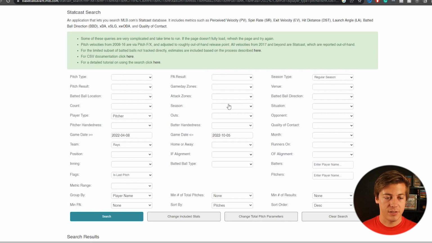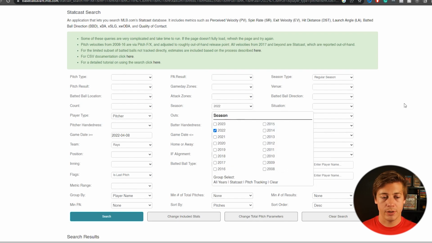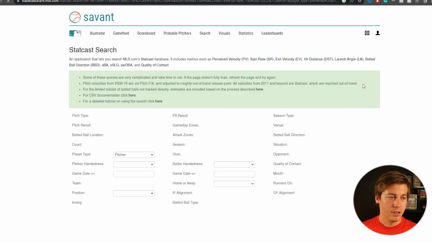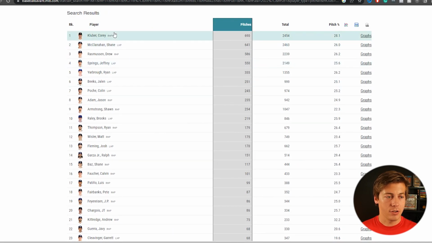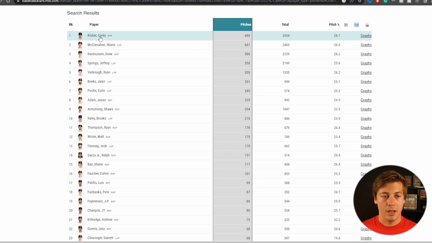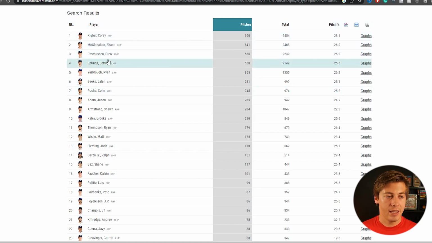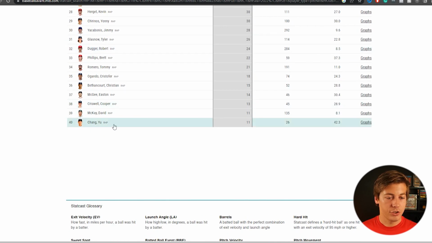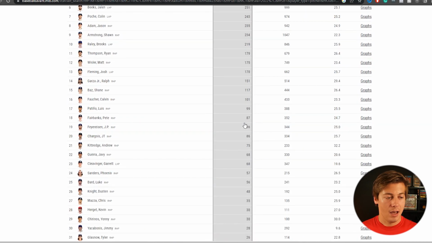And also for season over here, make sure you select 2022. And then I'm going to click search. So this should take a second. Then we're going to go down below and grab all the stats. So here's all the Tampa Bay Rays pitchers for that season. Corey Kluber threw the most final pitches. Then we had Shane McClanahan, and it has everything down over here to Yu Chang, who pitched 11 final pitches